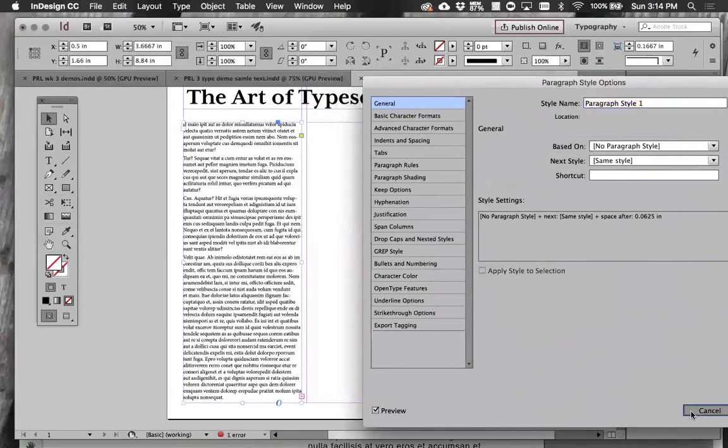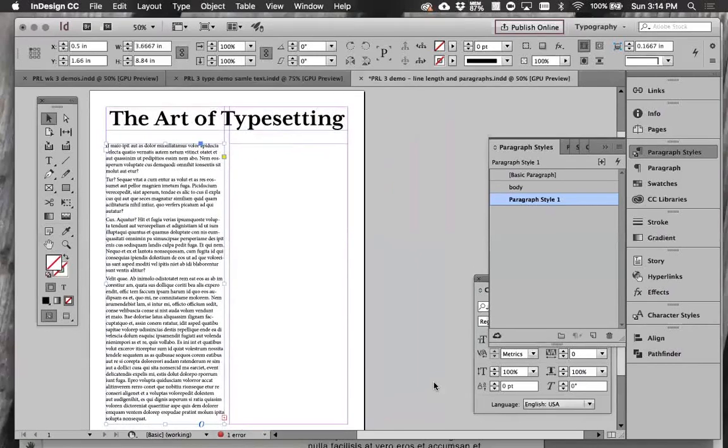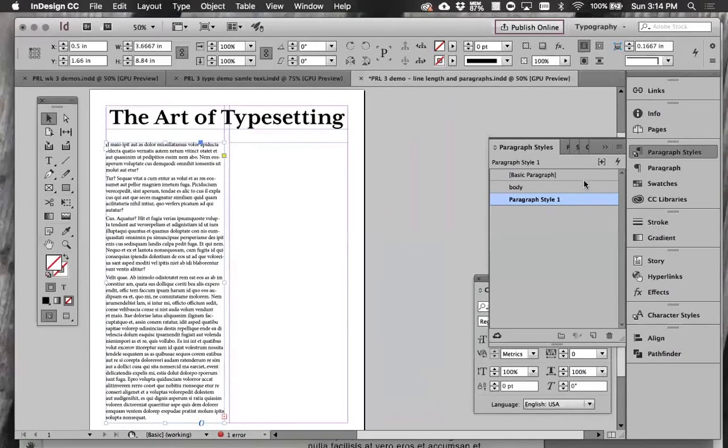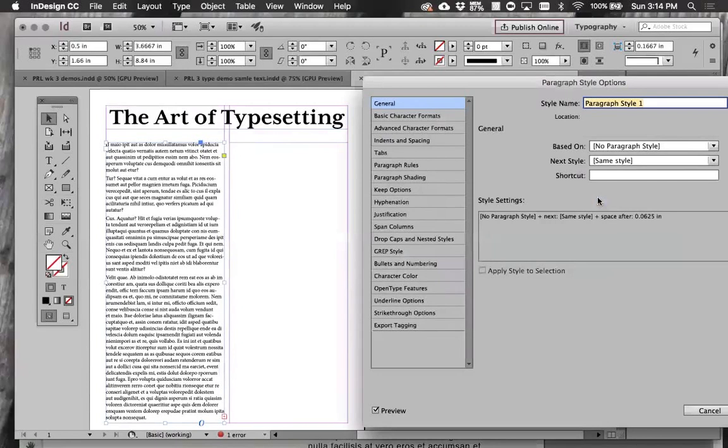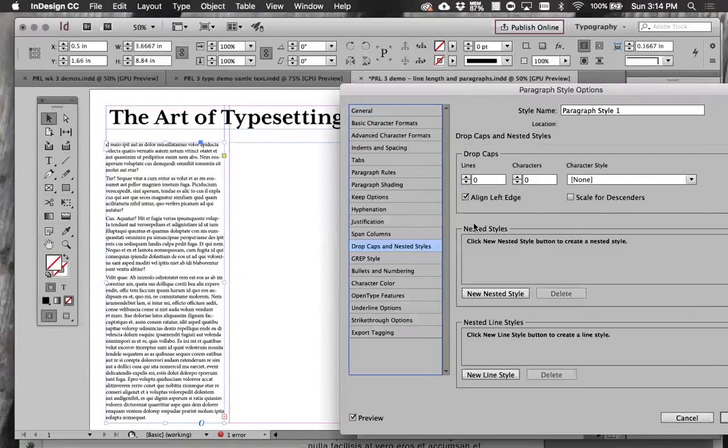I always want to be able to see the document at the same time as we have that panel open, and it's always so big. So now that kind of helps a little bit. So let's go under drop caps and nested styles right here. We can take a look at that, and if we add a drop cap of, let's say, 2 lines,